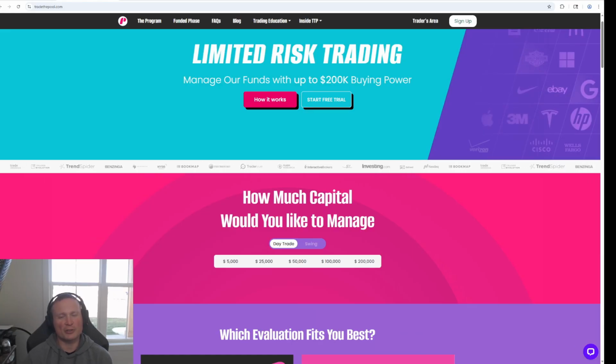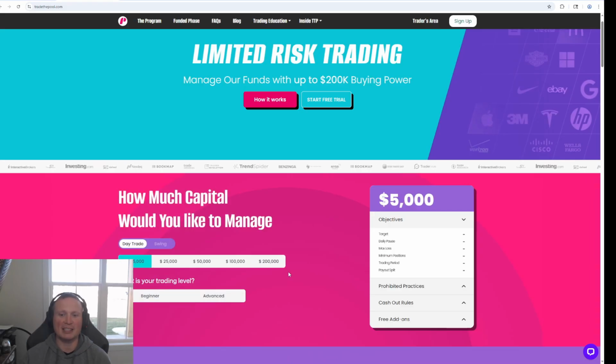If you guys don't know what Trade the Pool is, maybe you're coming from the futures world, it's basically the same as a funded futures platform, except it's involving mainly stocks. They have several different programs that you can choose from, and just like any funded futures program, you use minimal capital upfront, try to pass an evaluation account, and if you do, you get funded with whatever buying power it may be. You see they have several levels here on the main screen, starting all the way down at $5,000 up to $200,000, day trading or swing trading, and within each